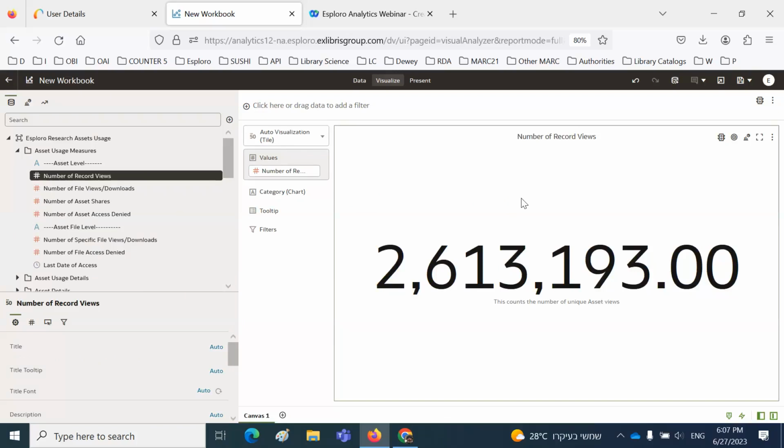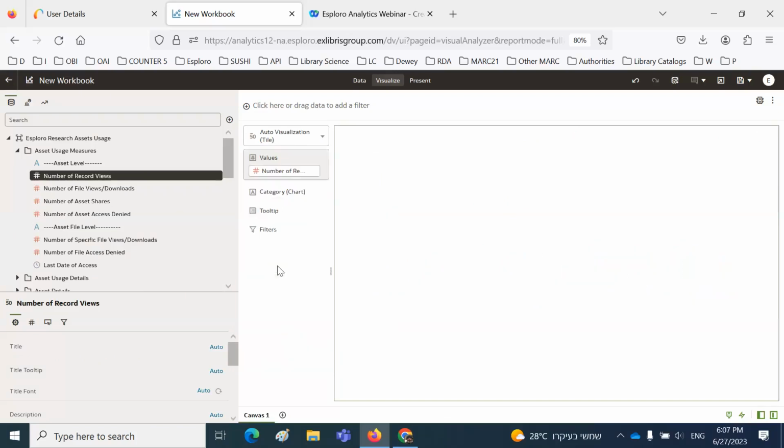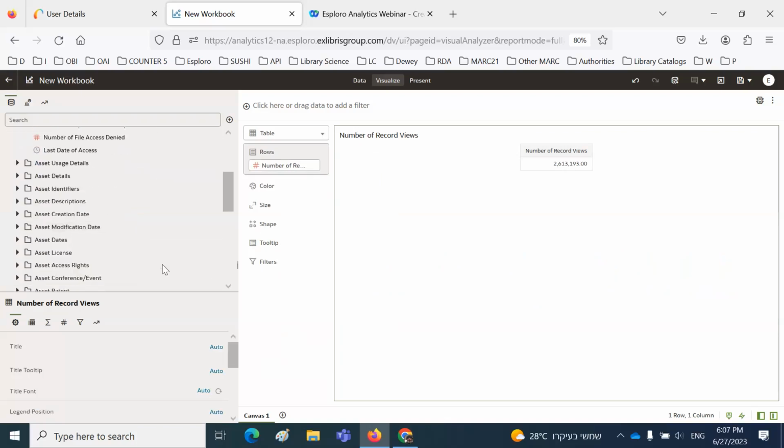But I want a table because now we want to put other fields in there. So I can change this to a table. I click this little down arrow, and instead of the tile, I can choose the table. Now, we may want, before adding additional fields, to limit this number of record views by another parameter, for example,